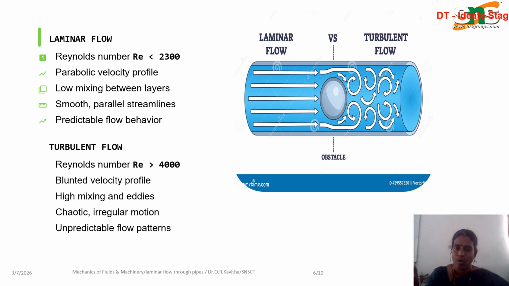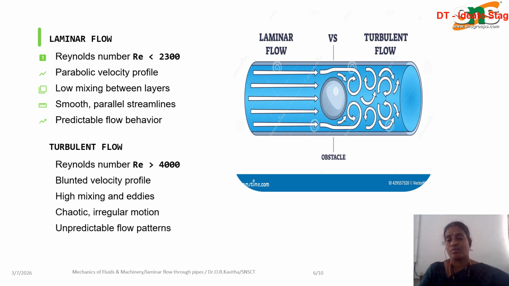Therefore the flow of water will be very smooth and follow a well-defined path, so the flow behavior is predictable. For turbulent flow, the Reynolds number will be more than 4000, and there will be a blunted velocity profile, as we have seen in the previous slide. There will be high mixing, formation of eddies, and irregular motion,